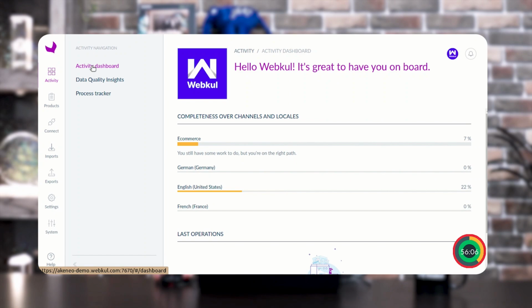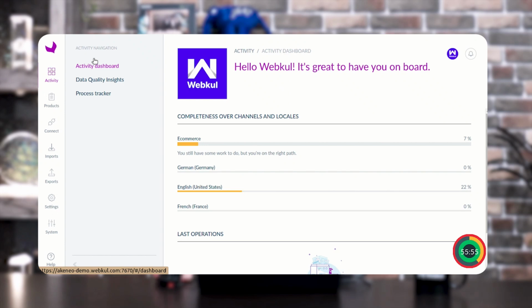So let me take you to the backend configuration of the Akeneo Visual Switch Attribute plugin. As you can see, I have successfully logged in to the backend of Akeneo. Now I am going to show you how the admin can create multiple visual switches for a particular product or product model. As you can see, we have multiple options in the left navigation of the Akeneo backend.